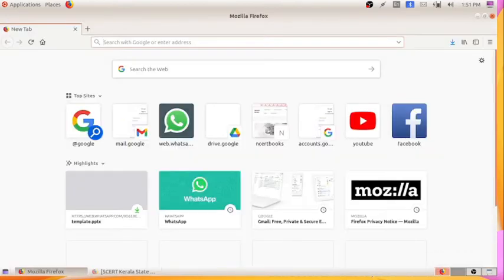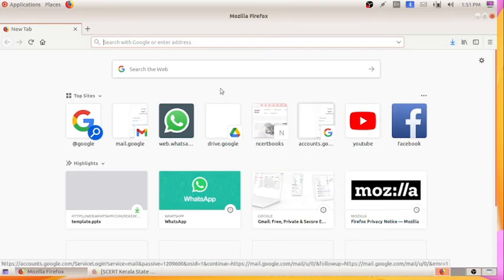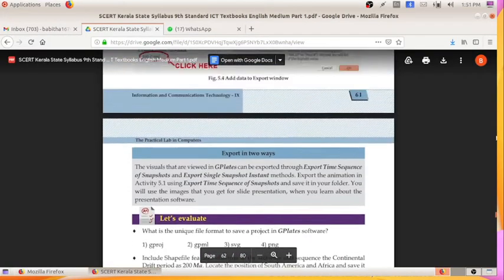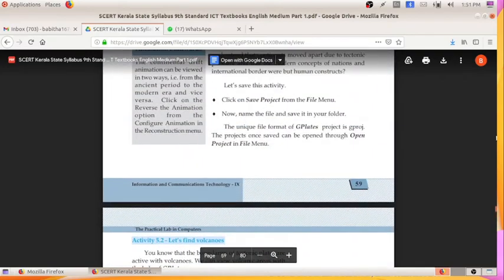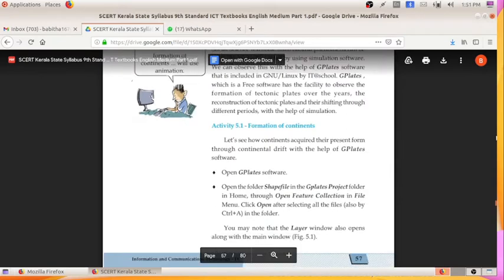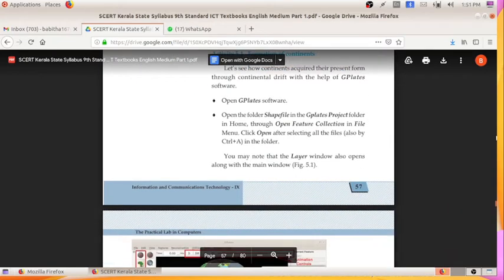Before doing that, I will be going through that first activity, and we will discuss what all things we have done in that activity. There we saw how to open Gplates software: Application, Education, Gplates.